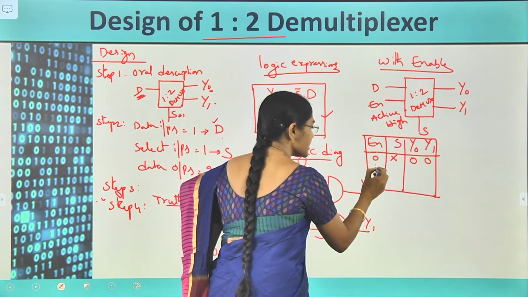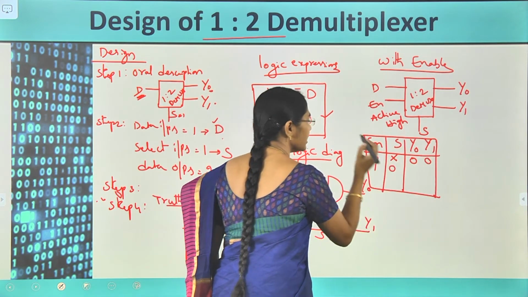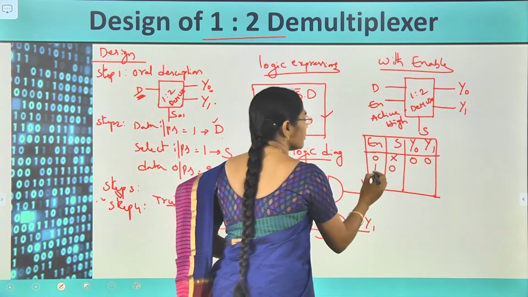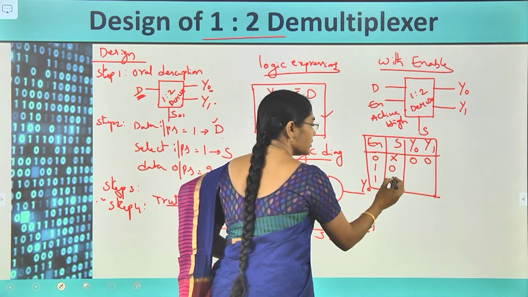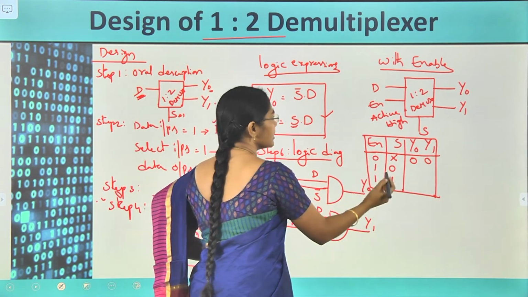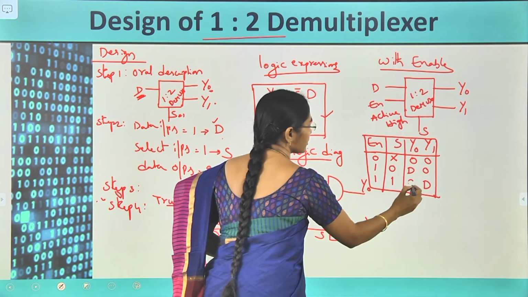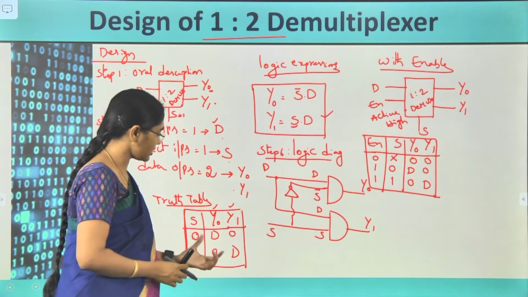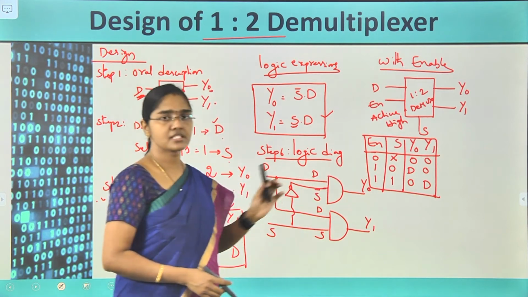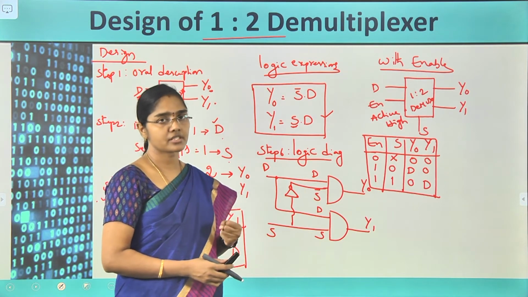Then if the enable signal is equal to 1 for the active high enable, only then is the selection signal going to be considered, whether that value is either 0 or 1. Depending upon this, the data signal passes to either y0 or y1. The remaining truth table is the same as per our previous relation. Okay, so just an extra enable signal is added for defining the enabling condition of the demultiplexer.